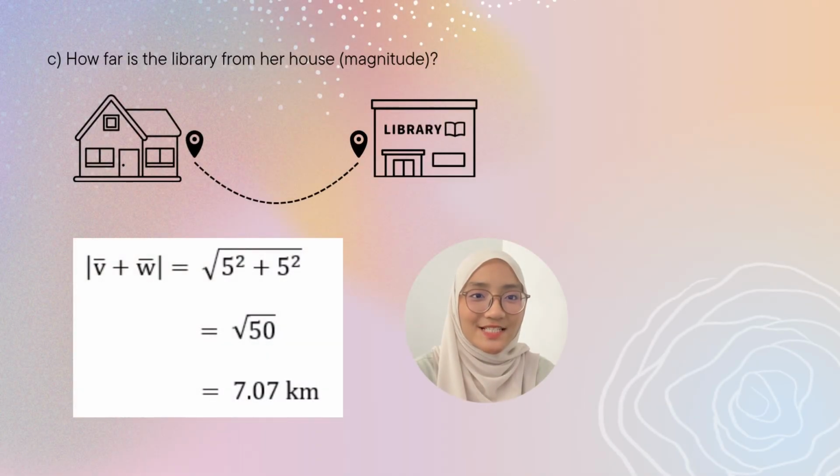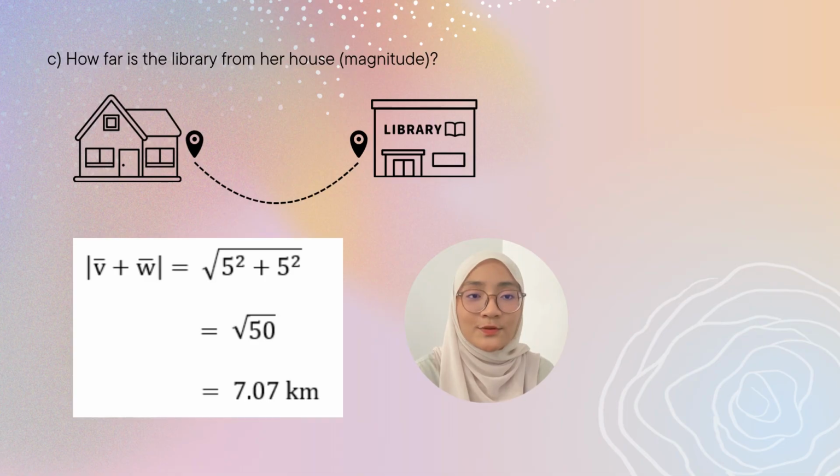The next question is question C. How far is the library from her house? From part B, we found that the displacement vector from her house to the library is (5, 5). To find the magnitude, we substitute the values into the formula, the square root of 5 squared plus 5 squared, which equals the square root of 50, and the final answer